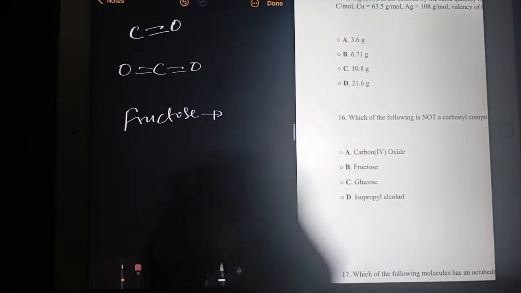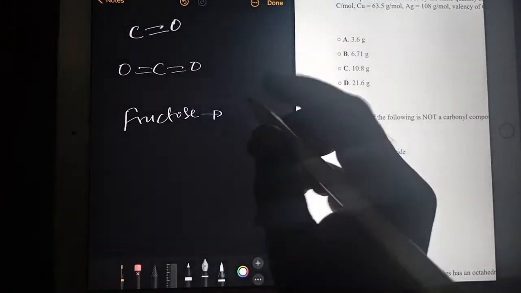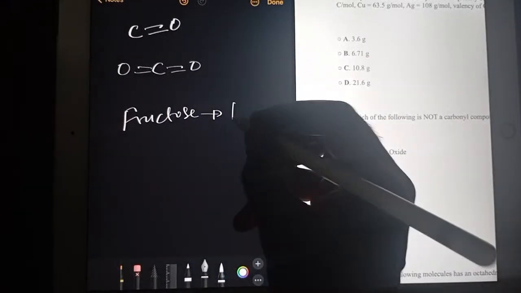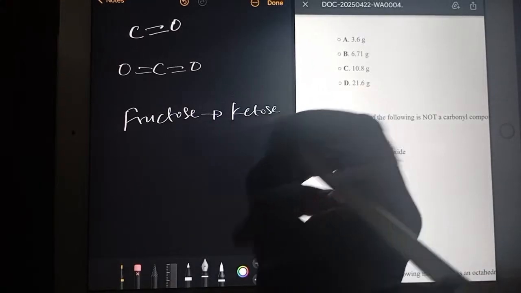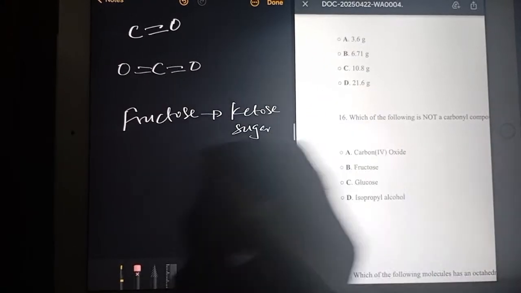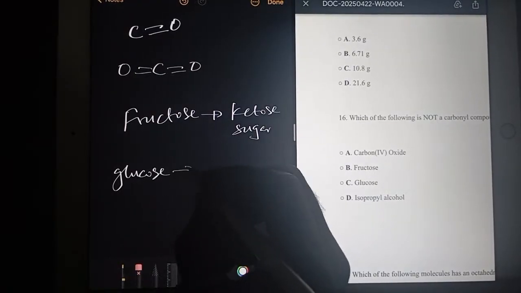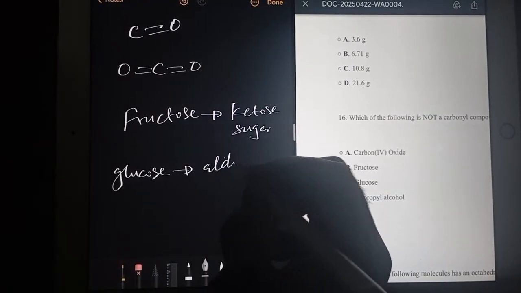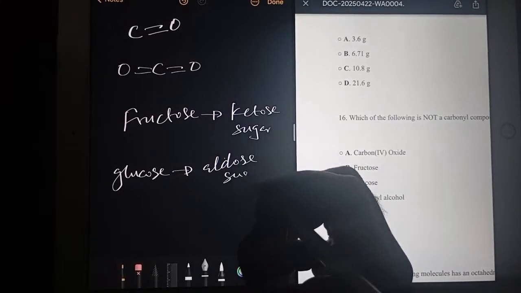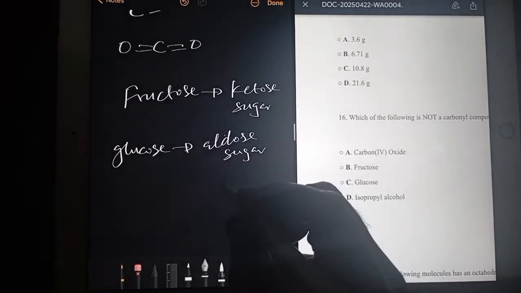Another name for fructose is a ketose sugar because it contains the ketone. While glucose is also known as aldose sugar because it contains the aldehyde functional group. This implies aldehydes have H,